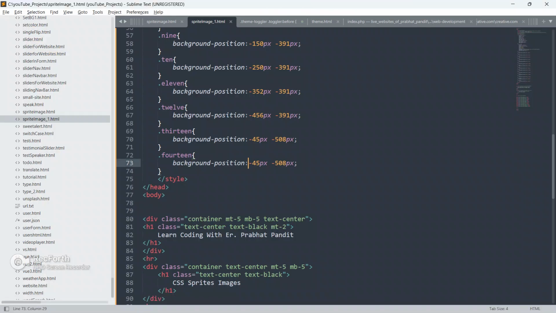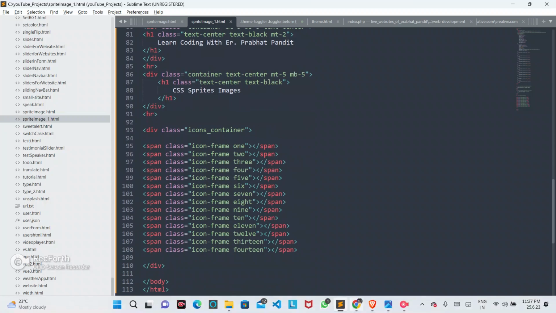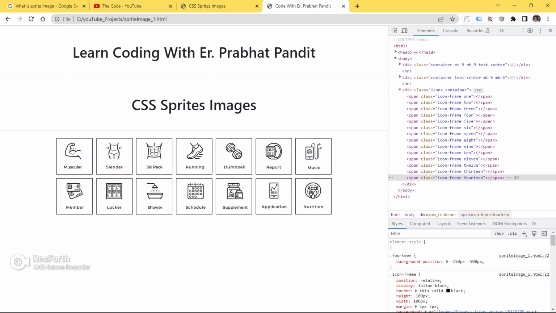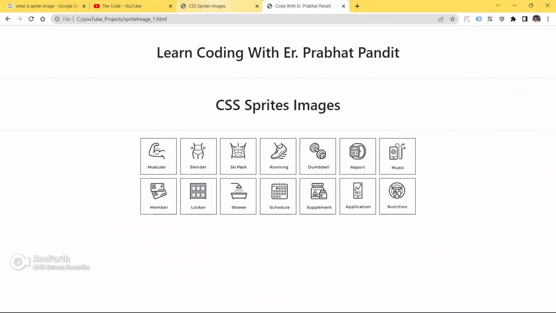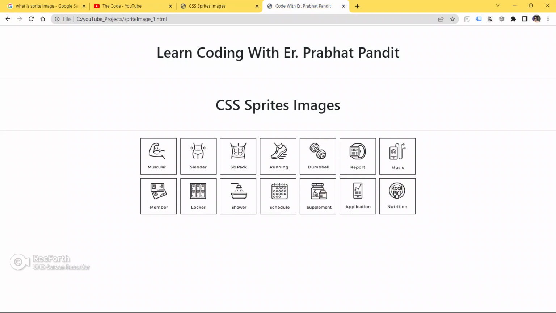Copy it from here and paste inside the class 14 in the CSS. Save your code, go to the browser and refresh your page. See, boom, guys, we got our CSS sprite image here. This is the example, and this is what we just made in the video.